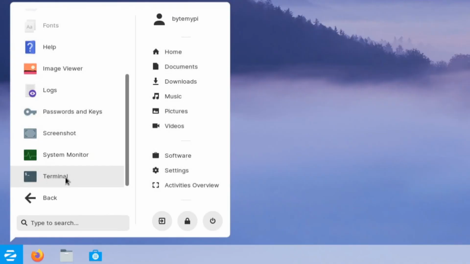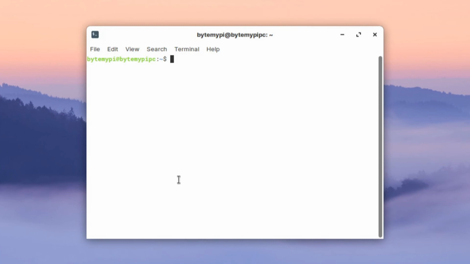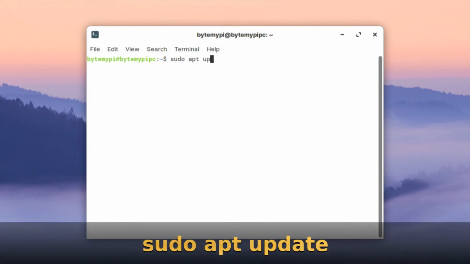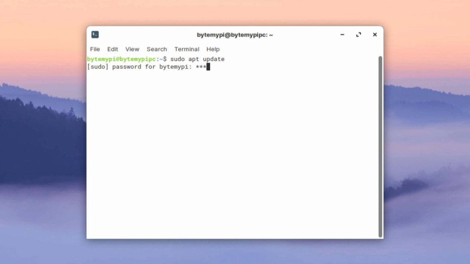And then we've also got the terminal. Linux and the terminal go back a very long way, and while you certainly don't have to use it to be able to use Zorin OS, you can get more out of the operating system if you're not averse to giving it a go. I'll just show you a couple of quick commands to get you going. We already looked earlier at how to update Zorin OS through the GUI, but you can do exactly the same thing in the terminal. To do this, just type sudo apt update and press enter, and then enter your password